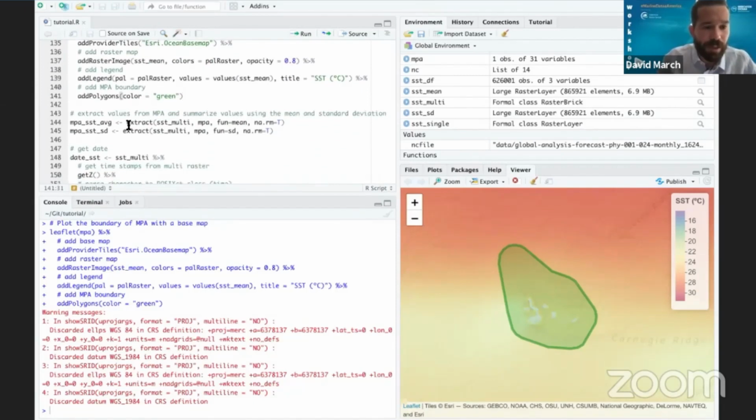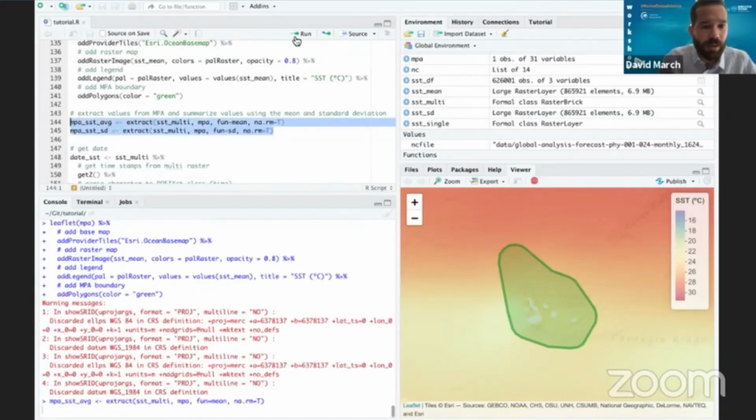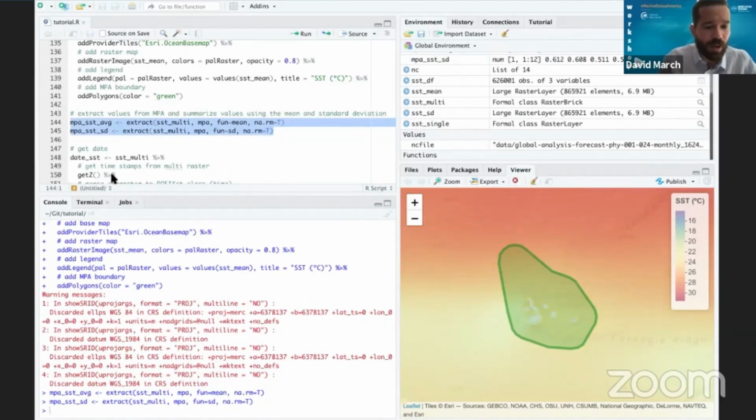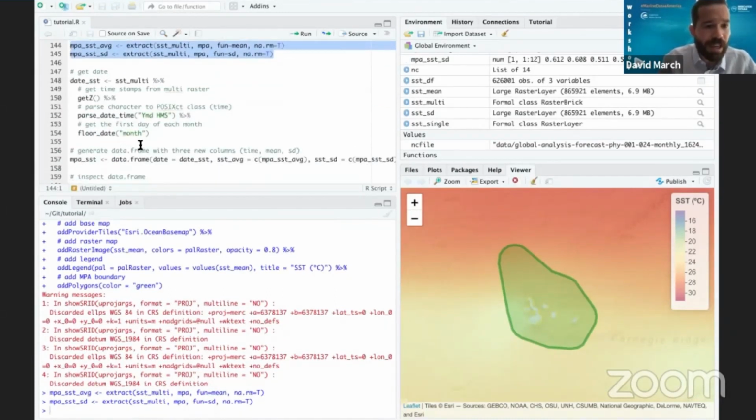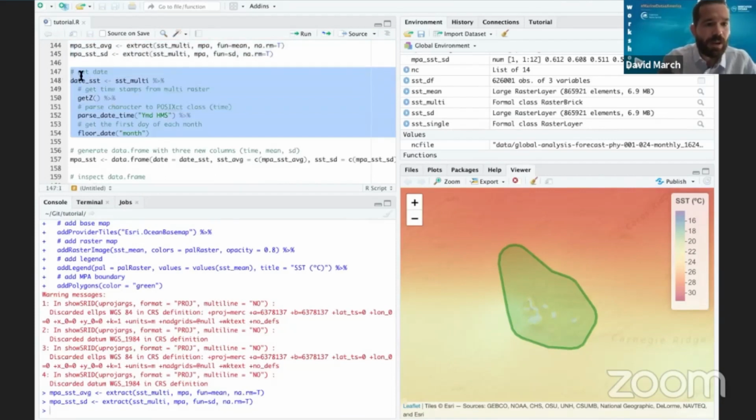So for this, we are going to use this function extract, and we are going to ask it to use the function mean first and then the standard deviation. As you can see, these functions are quite fast. And finally, what we are going to do here is to plot the time series of this information. For this, working in R with timestamps can be a little bit challenging at the very beginning. In this case, I highly recommend the lubridate package and this type of functions where you define the way that,